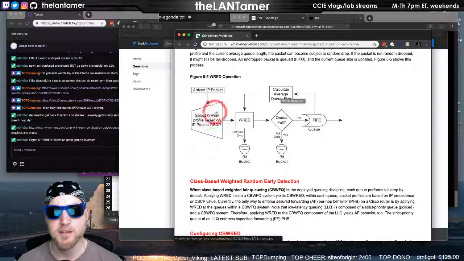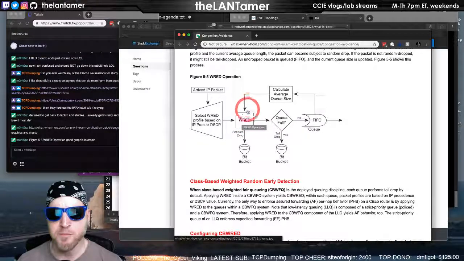Okay. Packet arrives here. This is before it's dequeued. Am I under the minimum for the average queue length? It gets processed, right? Am I between the minimum and the maximum?